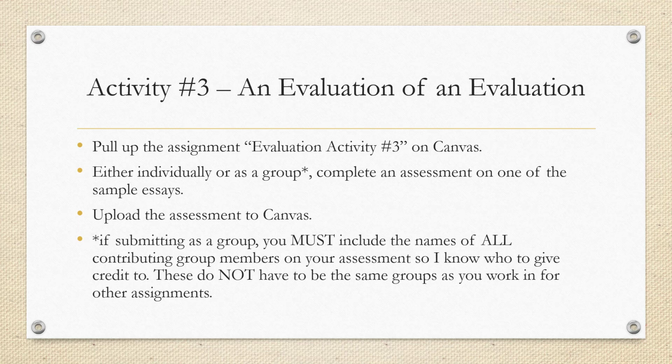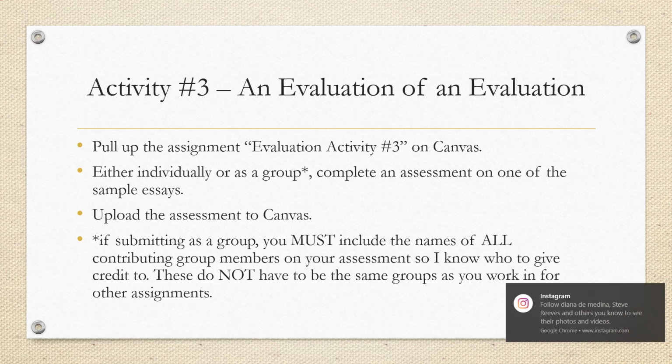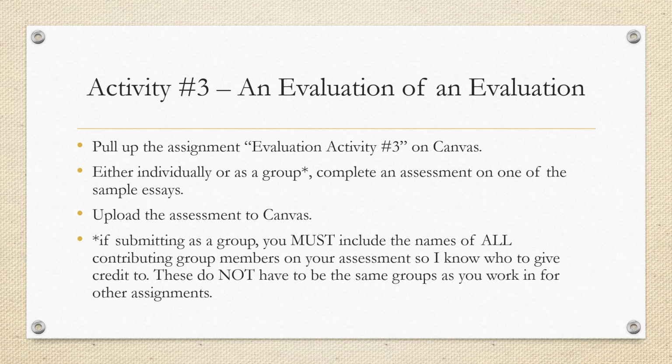So hang on with me, because I wrote this and recorded this originally before we made the changes that were posted yesterday about group work, okay? But you can still do activity 3 either individually or as a group, and you're going to complete an assessment on one of the sample essays that are listed underneath the evaluation activity number 3 assignment, okay? It's going to have 3 different Word documents, and all of them are going to have an assessment at the end of the essay. You're going to pick one, fill out the assessment,